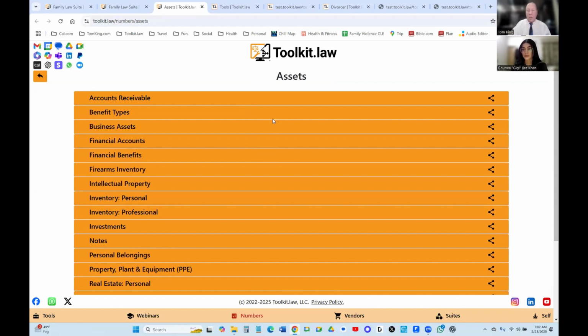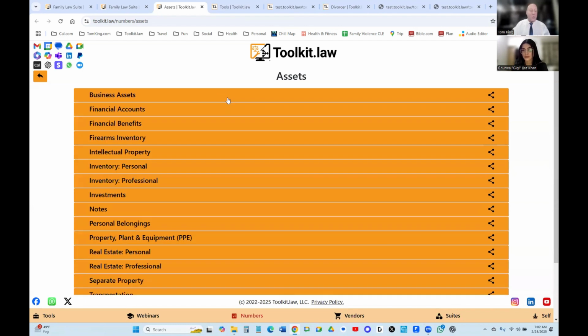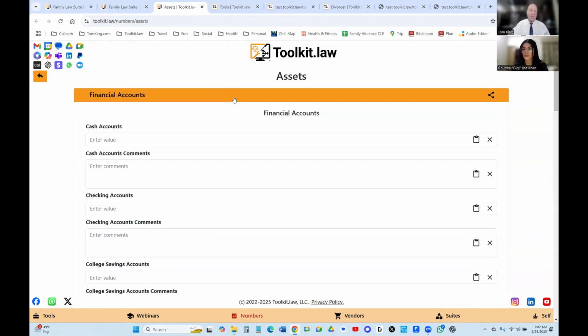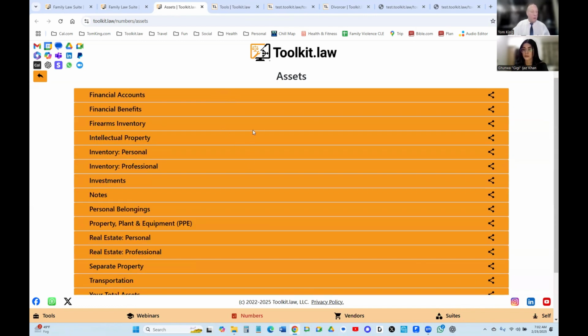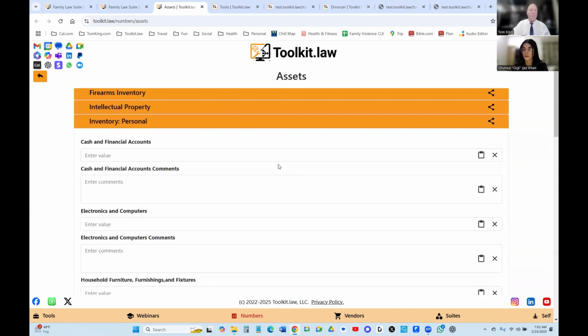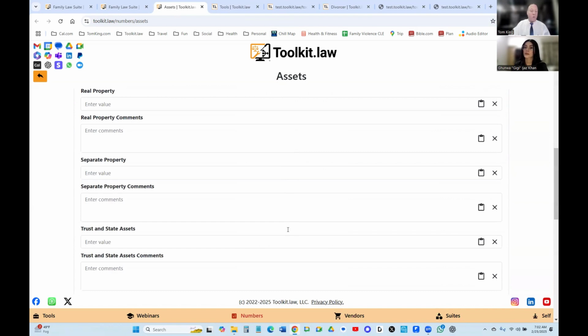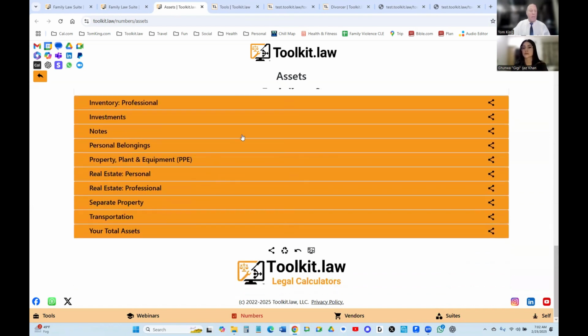if it's a family law case, you can put all those areas that are of interest to you. So maybe there's a business that is a community business. You can put the business assets right here. Maybe there are financial accounts, checking accounts, savings accounts. You can put them all here. Maybe there are firearms and there's a firearms collection that you want to inventory. Okay. Maybe there's personal property that you wish to inventory. You can inventory all this here. Okay. Maybe there are